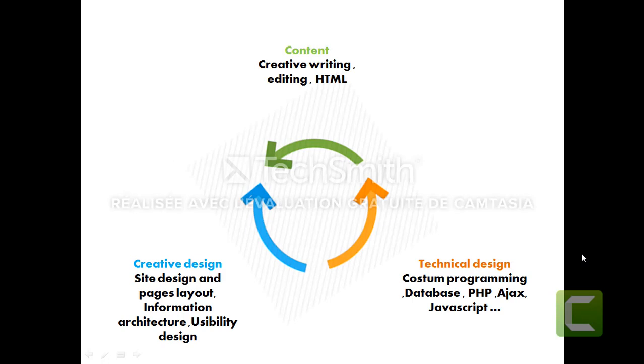Now let's take a look at how actually a CMS looks like. A CMS serves as a store for a wide range of infos, including text, images, database, and so on. So a CMS is actually splitting all your website in 3 different aspects or parts. The first part is the content part, aka what you put into the site. It's everything stored in a database, from creative writing, editing, HTML, and so on.